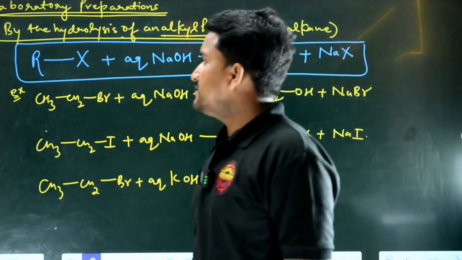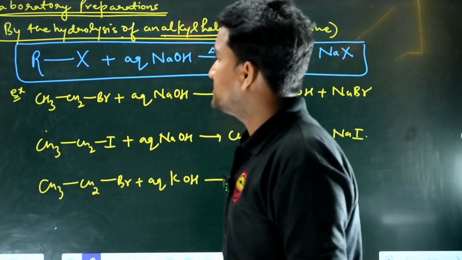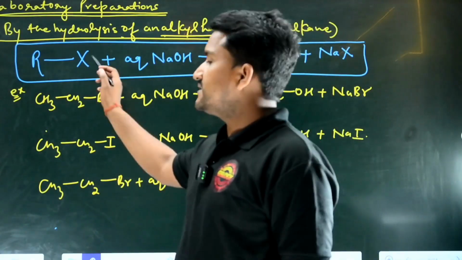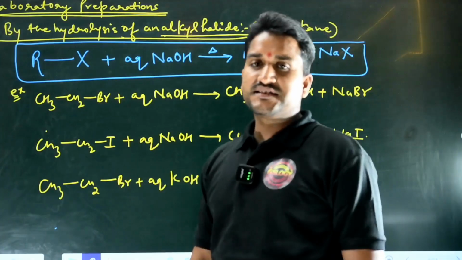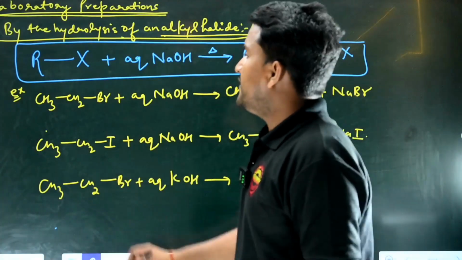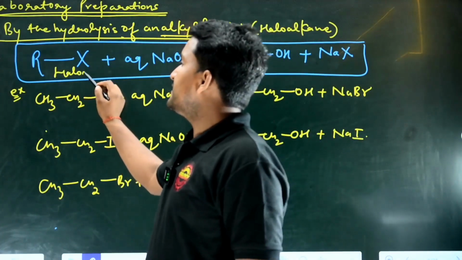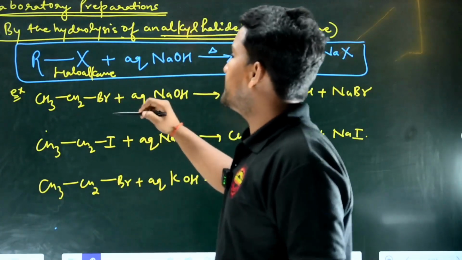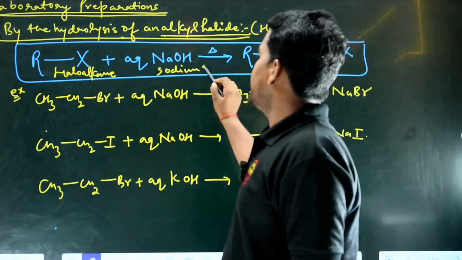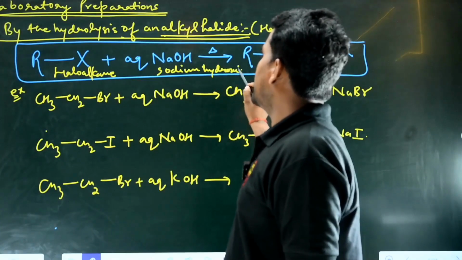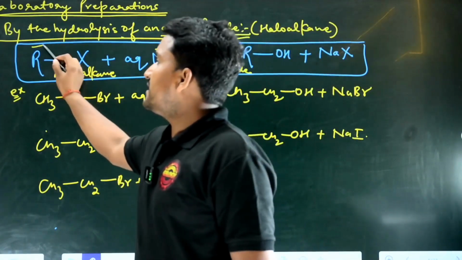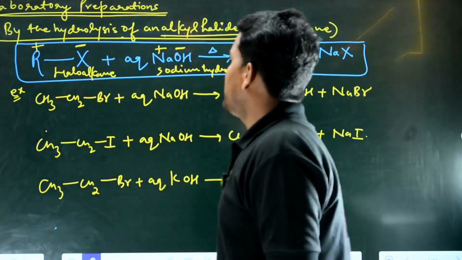You know very well, the general formula of the haloalkane is RX, where R represents the alkyl group and X represents the halogen group. X means fluorine, chlorine, bromine and iodine. When haloalkane is treated with aqueous sodium hydroxide, you know very well, Na plus and OH minus, and the alkyl plus and the X minus,